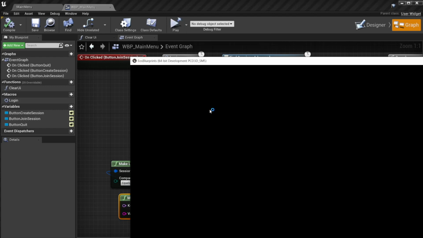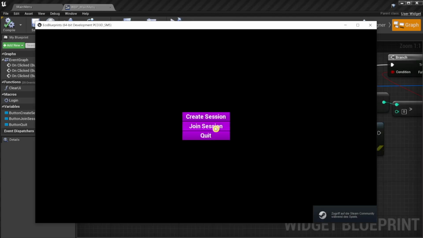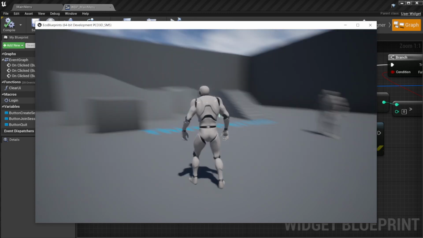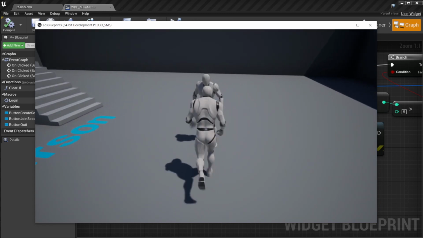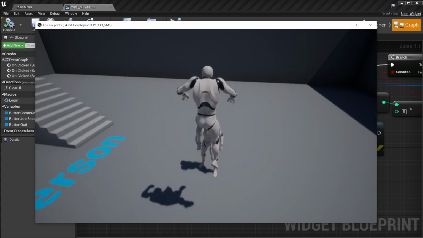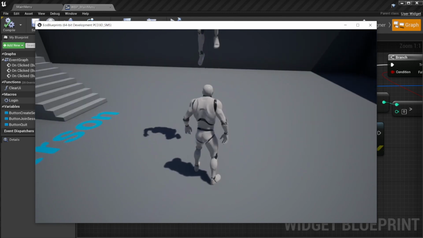And then we are able to join this session. As before, all the replication mechanisms of Unreal Engine are working, and we have a login which no longer requires